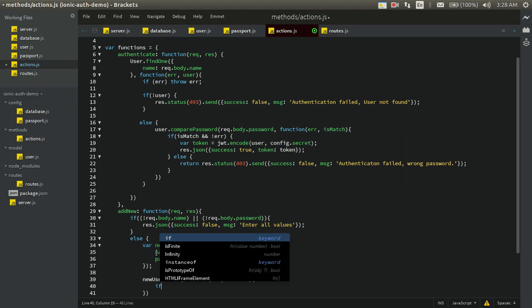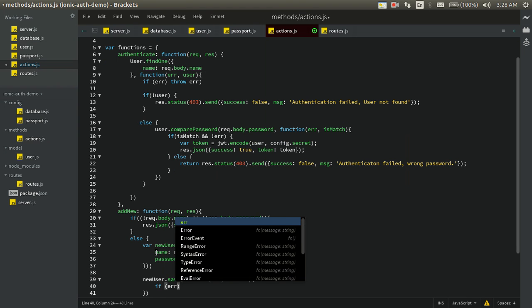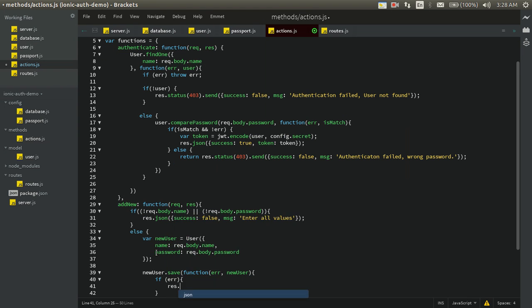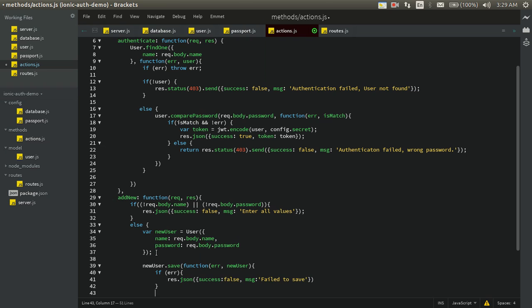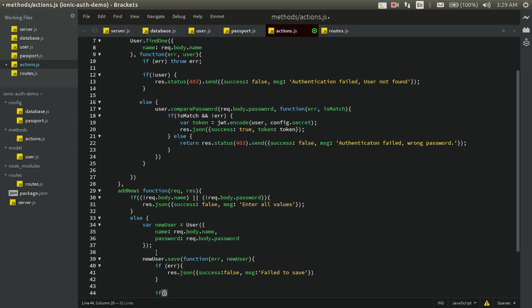Then if it's an error, response.json success false, message: failed to save. Okay, if it's not an error, just use else